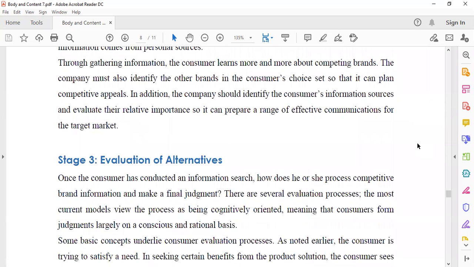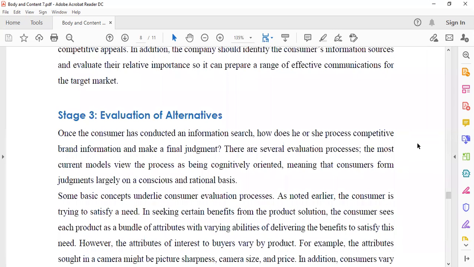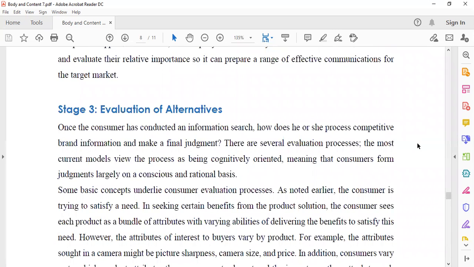However, the consumer cannot make a choice until he or she has evaluated these alternatives. If in the course of information search you find that there are 3 brands that can meet the requirement, the consumer begins to evaluate each of them on the basis of what he or she wants. So the third stage is evaluation of alternatives. So he wants to look at these alternatives to see how they meet his or her requirements.